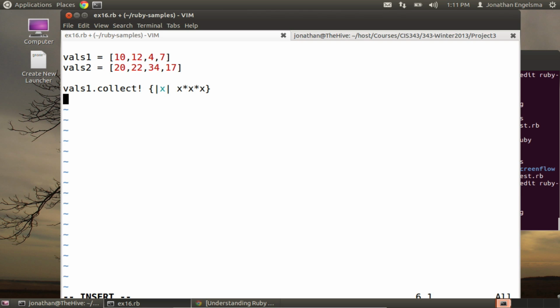So when you see an exclamation mark on the end of a Ruby method name, and you can introduce that yourself in your classes, it means be careful, this is going to modify the data. So it's going to cube my input array in place. If I did collect without the exclamation mark, it would call the version of the method that returns a copy of all the values cubed. That's the first one, but let's say I want to do this on multiple arrays. If I had to do this again using this syntax, I'd have to repeat